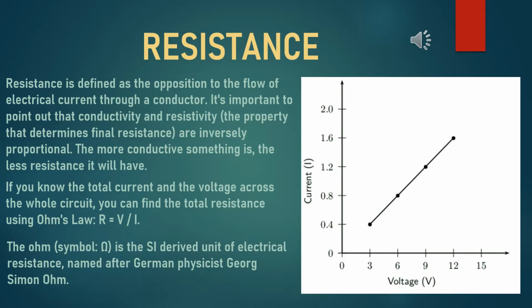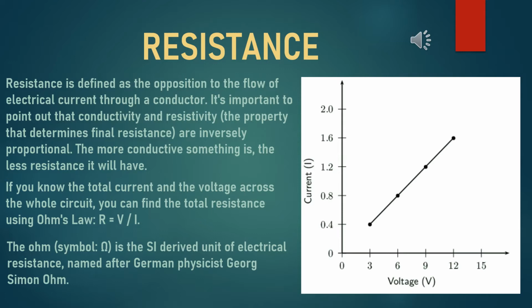The slope of the graph V by I gives the resistance R. Unit of resistance is ohm. So R is equal to V by I, therefore putting the unit, we will get 1 ohm is equal to 1 volt by 1 ampere. That means 1 VA inverse, or V by A. Thus, resistance of a conductor is 1 ohm if a potential difference of 1 volt across the ends of the conductor makes a current of 1 ampere pass through it.